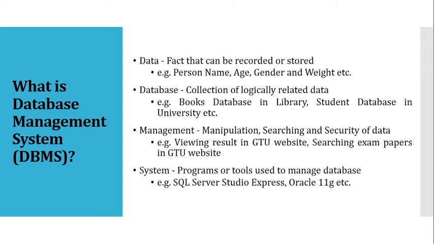A field is a single piece of information. In Excel, one cell is known as the field. A record is one complete set of fields. So simply in Excel, one horizontal row is known as the record, and the set of all records, the set of all rows, is known as the file. So we can say that one Excel file is known as the file.